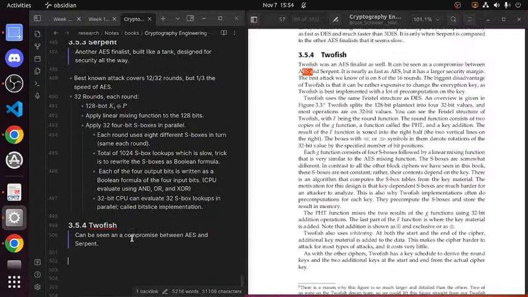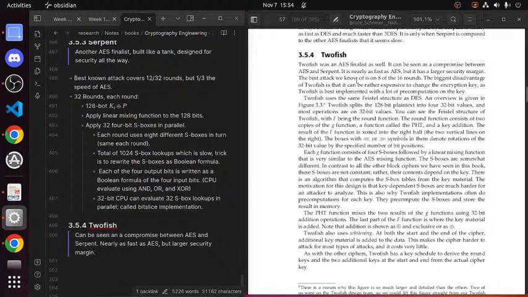Maybe it's not too big of a deal, so for now I'll try and leave things out. It's nearly as fast as AES, but has a larger security margin. Nearly as fast as AES, but larger security margin.